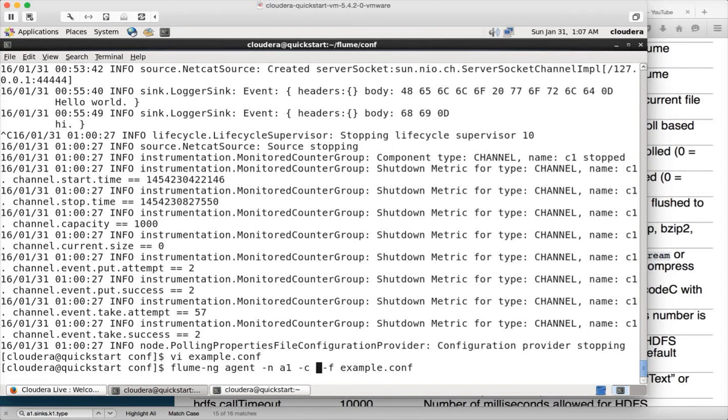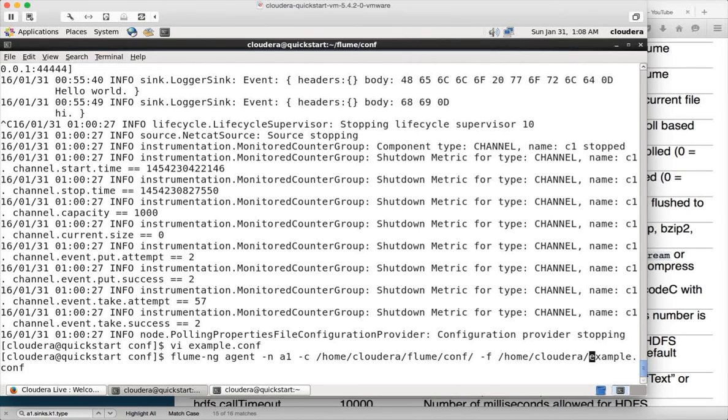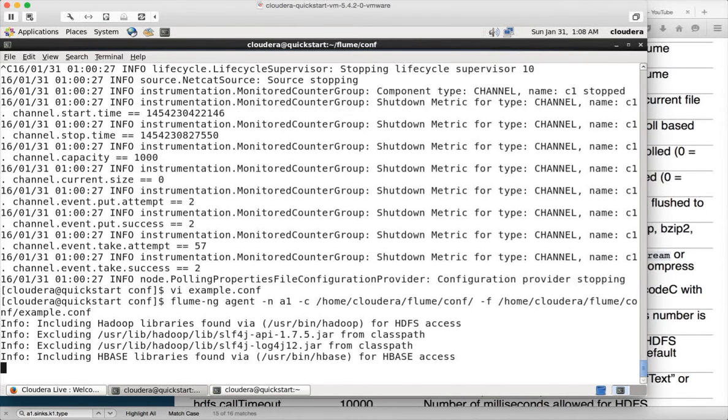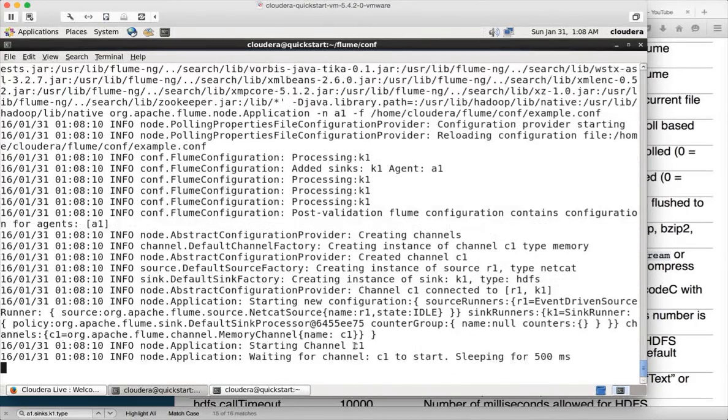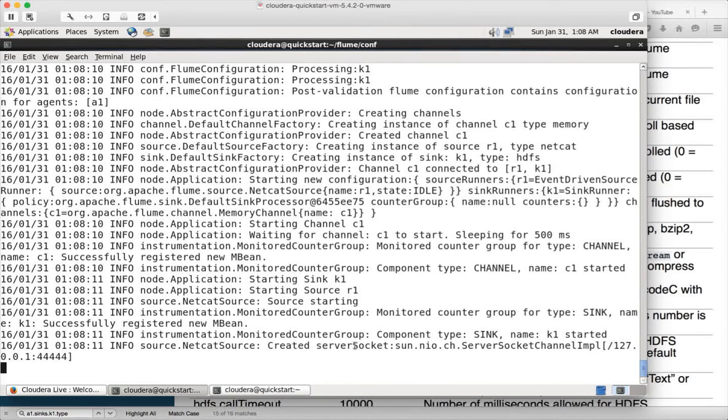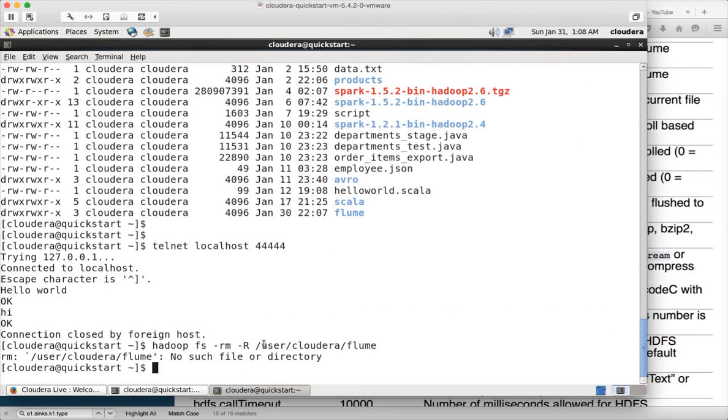The absolute path is /home/cloudera/flume/conf, and then even for the file name I will give the absolute path /home/cloudera/flume/conf/example.conf, and then it will start the Flume job, and now it can start listening on port number 44444 using telnet,